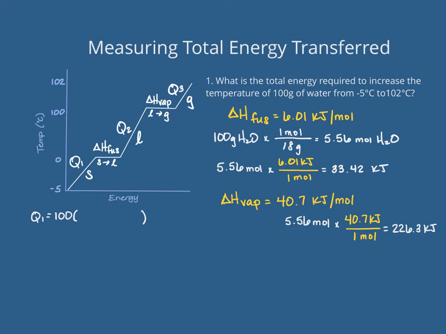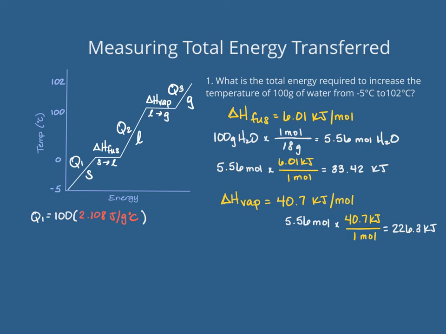But our specific heat actually varies depending on the state that our matter is in. So our specific heat is going to be different for our solid water, liquid water, and gaseous water. So for our solid water, our specific heat is actually 2.108 joules per gram degree Celsius. So that's really important when you're working with water in these Q equals mcΔT problems to make sure that you're using